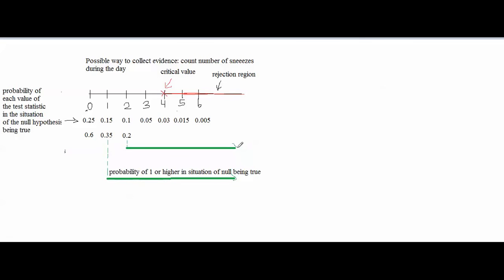So it's not the probability of getting exactly 2 sneezes when the null is true. It's the probability of getting 2 or more sneezes when the null is true,